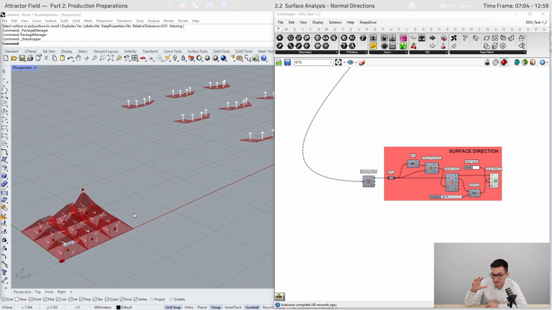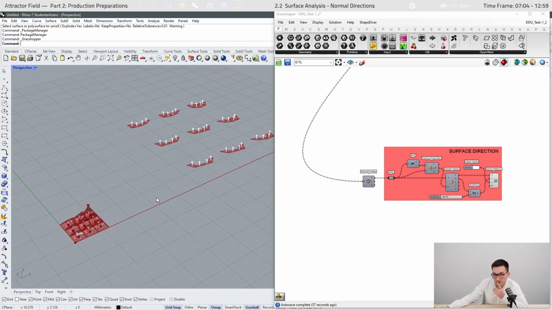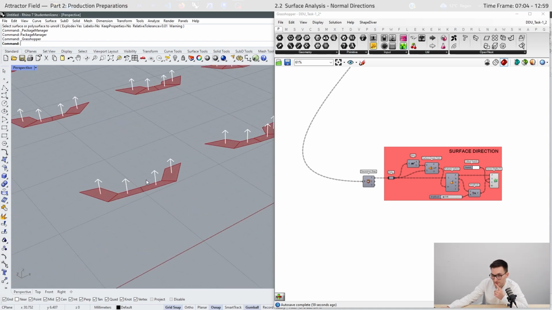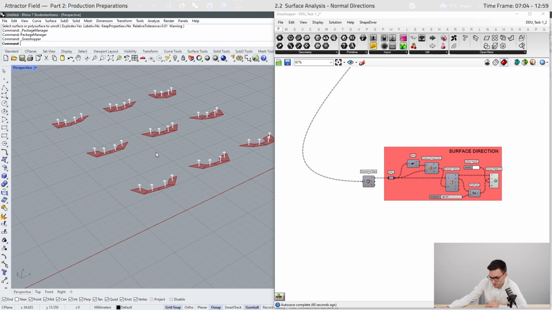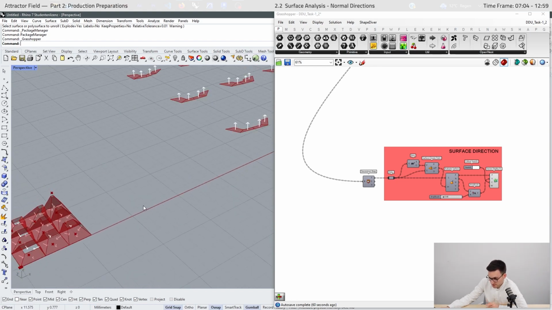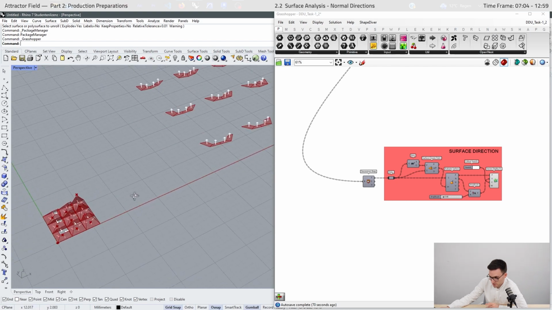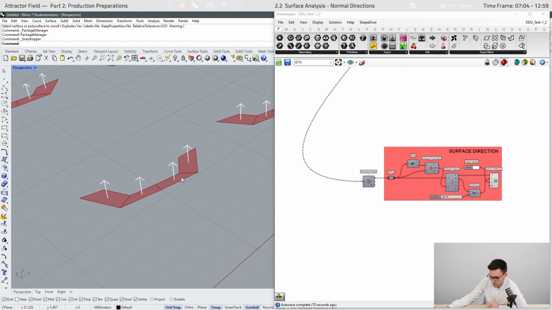So if the arrows are pointing inward on the 3D geometry, the inner surfaces will point up, and the outer surfaces will point down when unfolded. And we have to consider this when we create the taggings or labeling, so the text on these surfaces.